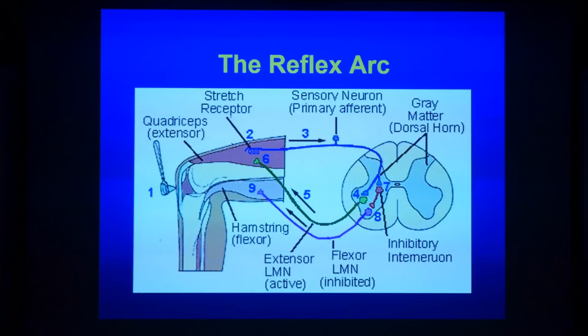Those action potentials now will propagate to the output region of the lower motor neuron, synapsing onto skeletal muscle of the quadriceps muscle. And what will happen then is by stretching this input region and establishing action potentials that release neurotransmitter onto the lower motor neuron, this monosynaptic pathway will result, by stretching the tendon, pulling on the input region, firing action potentials to release neurotransmitter to fire action potentials in the lower motor neuron, to cause the quadriceps muscle to contract. But we said that there was also this idea of reciprocal inhibition, that when we excited one side,